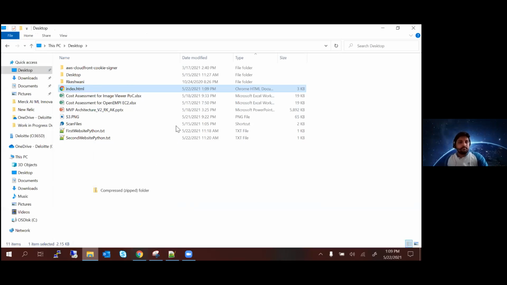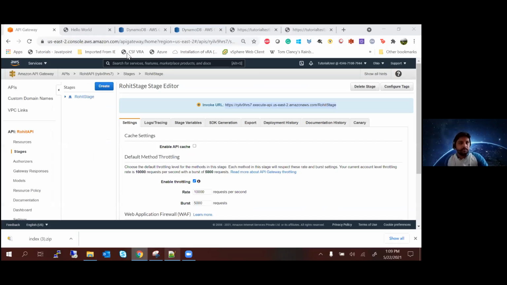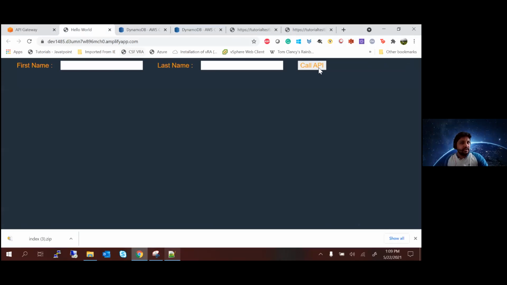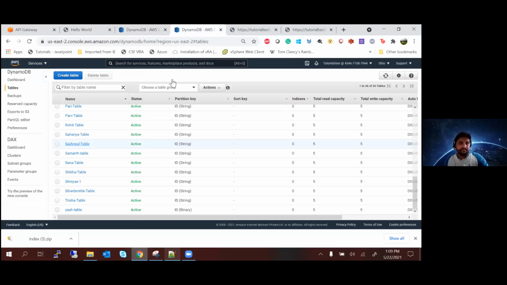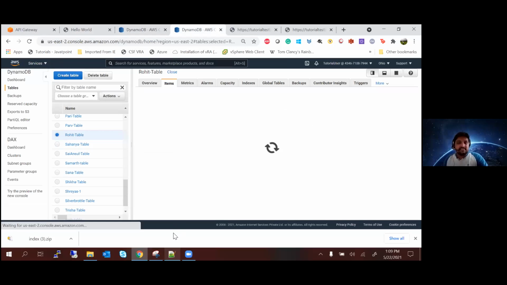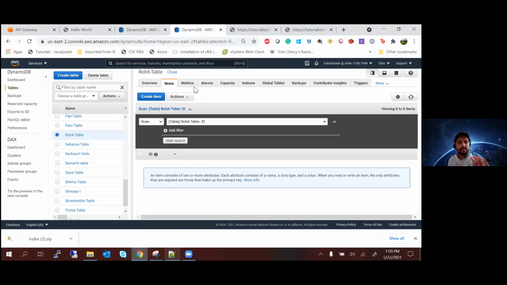Okay. So right now, what we have done is we have created all the components, and now if you were able to go back to your website, as soon as you enter your first name and last name and you click on call API, you would be able to see something, enter your table. Unfortunately, that is something which may not happen now because we missed a step in the website. So that's okay. From this point, just see my screen, don't do anything. We missed a step, so the database entry will not happen. Basically, just stop doing things and just focus on what I am showing you on the screen.